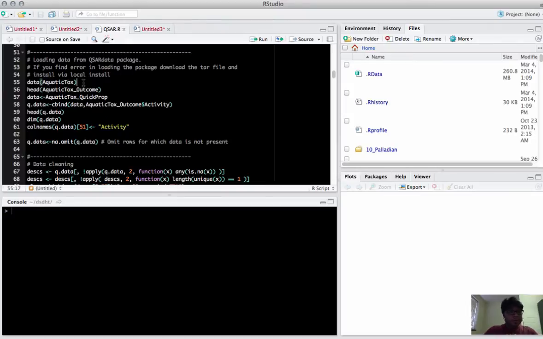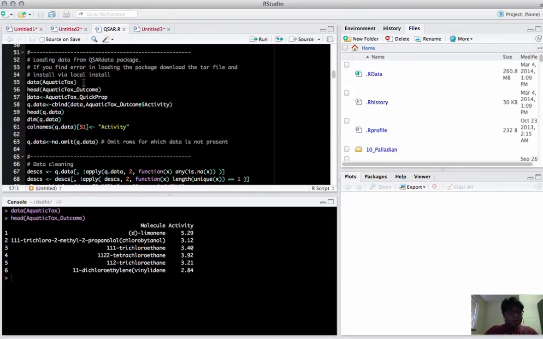So there are data sets inside the QSAR data package. I'll be modeling the aquatic tox data set, and you can see these are the molecules and these are the activities of the molecules. It's already logged activity here, and also these are some properties. The data set also comes with